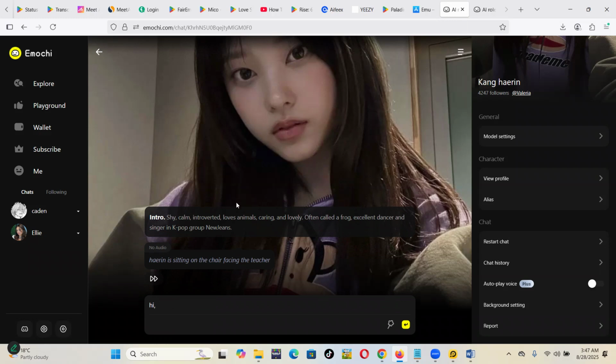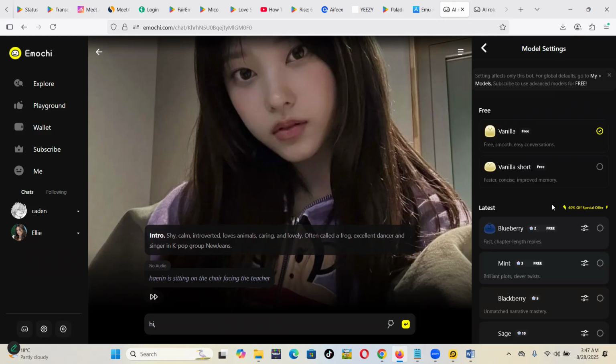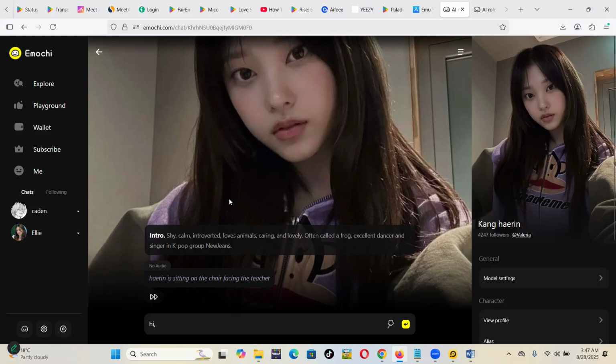Anyway, so this is the whole thing, but it's a really cool thing that you can spend time with. They have a premium, and what I can say is you can start with a free one, then try to see how you can chat with these characters. This is not my thing, but I think some people are used to chatting with characters. And hey, if you're a person like that, you can try Emochi.